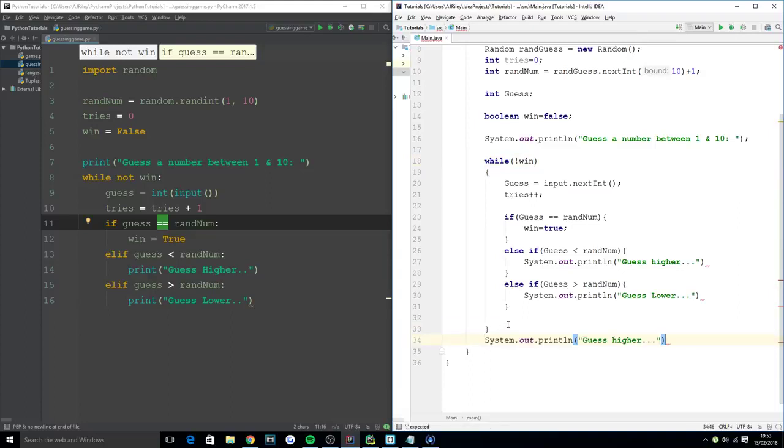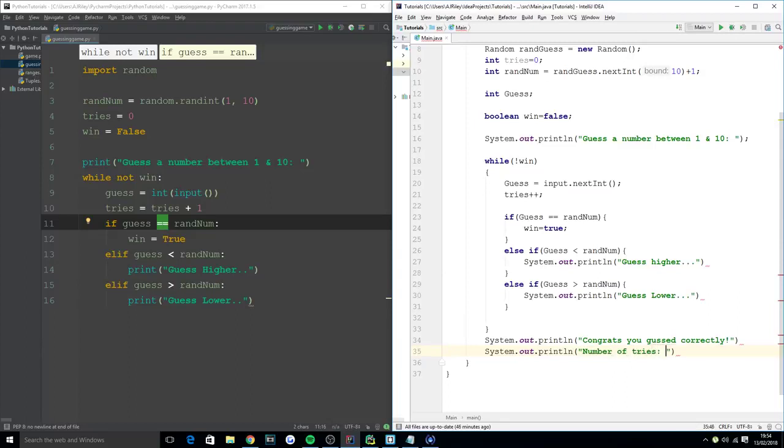So all you have to do is, you can just paste a system.out.println, but this time we can change it and say congrats, you guessed correctly. And then underneath this we can say the number of tries. So if you have a brother or sister or friend, it doesn't really matter. If you have loads of friends, you can just see who gets the least amount of guesses, or should say least amount of tries. So number of tries,